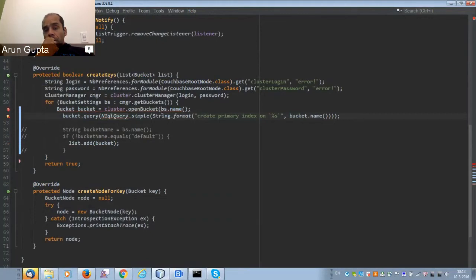If you want to know whether a bucket has an index, I guess the simplest one would be select count(*) from system:indexes where keyspace ID equals the name of your bucket. So perhaps I should paste that. Put it in Skype. Yes.